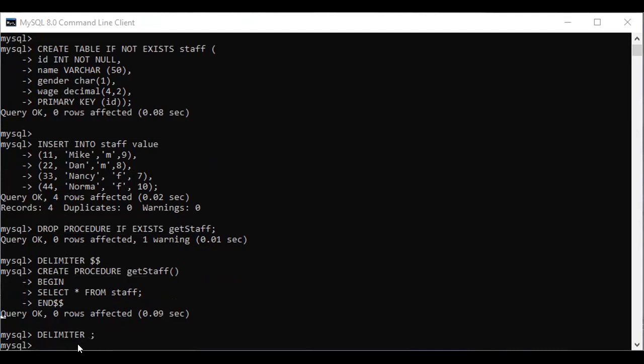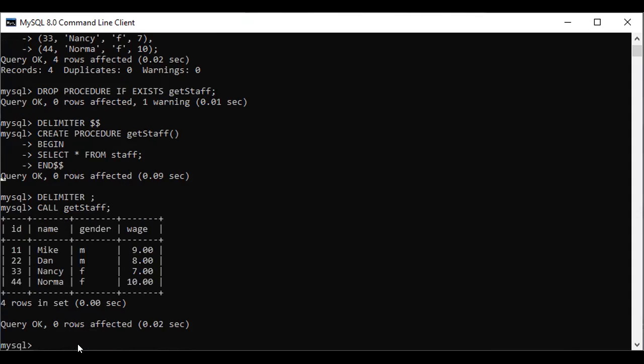So the command for this, to call the stored procedure, call, give the procedure name, get staff, semicolon. Okay. So our logic was select all information from the staff, and we got here ID, name, gender, and wage, and all information are here.